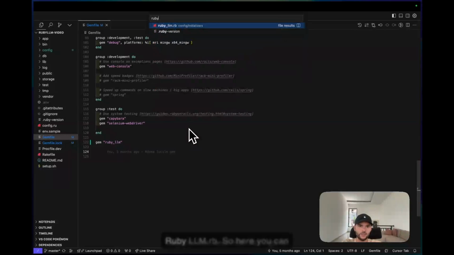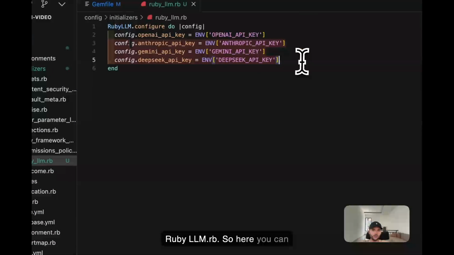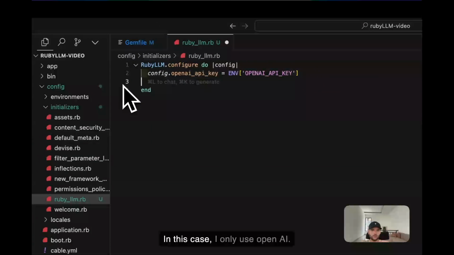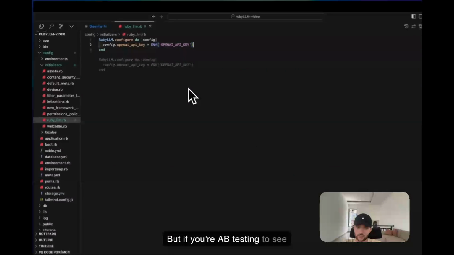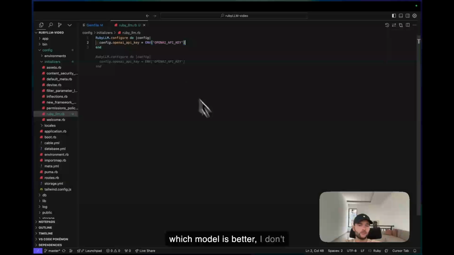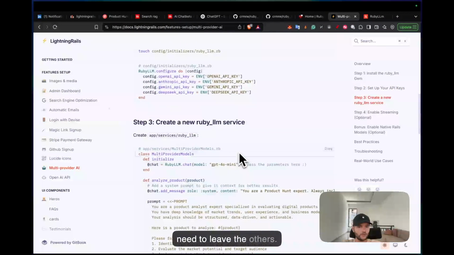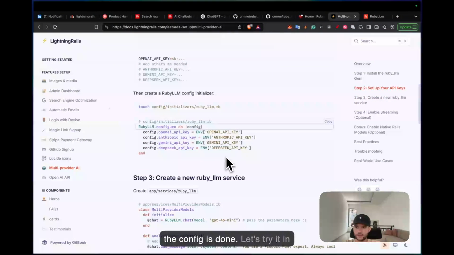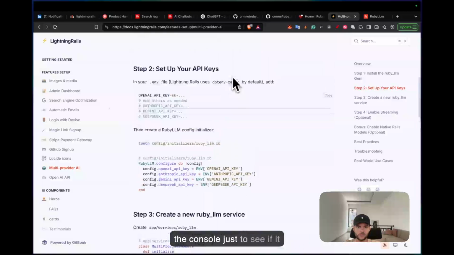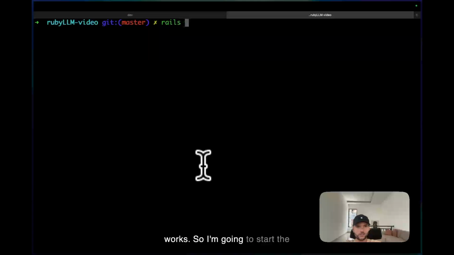So I go to ruby_llm.rb, boom. So here you can keep all the ones that you need. In this case I only use OpenAI, but if you're A/B testing to see which model is better, don't hesitate to leave the others. Okay, so the config is done. Let's try it in the console just to see if it works. So I'm gonna start a Rails console,